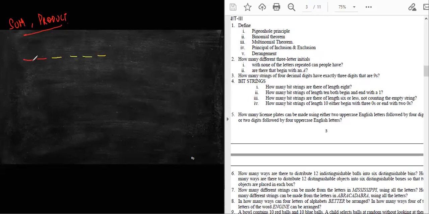So 2 uppercase English letters, how many uppercase English letters do we have? 26. And the other is also 26, and there is nothing mentioned about repetition or no repetition. So we always consider with repetition if there is nothing mentioned. Also, the next is followed by 4 digits. How many digits do we have? We have 10 digits, and we can fill any of the blanks in any of the 10 ways. So this will be 26 squared into 10 power 4. I'm using the product rule as I've already used it in the earlier problems. I don't need to explain it in detail.